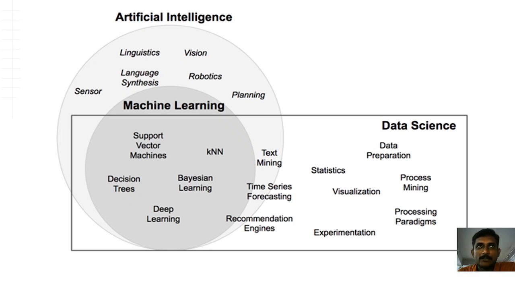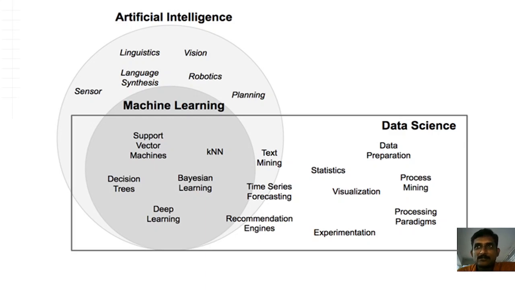The relationship between artificial intelligence, machine learning and data science is shown in this diagram. These three terms are interconnected together. Machine learning is the process that deals with making the machine learn from the past data and make decisions for the future with the help of data collected in data science and AI techniques.